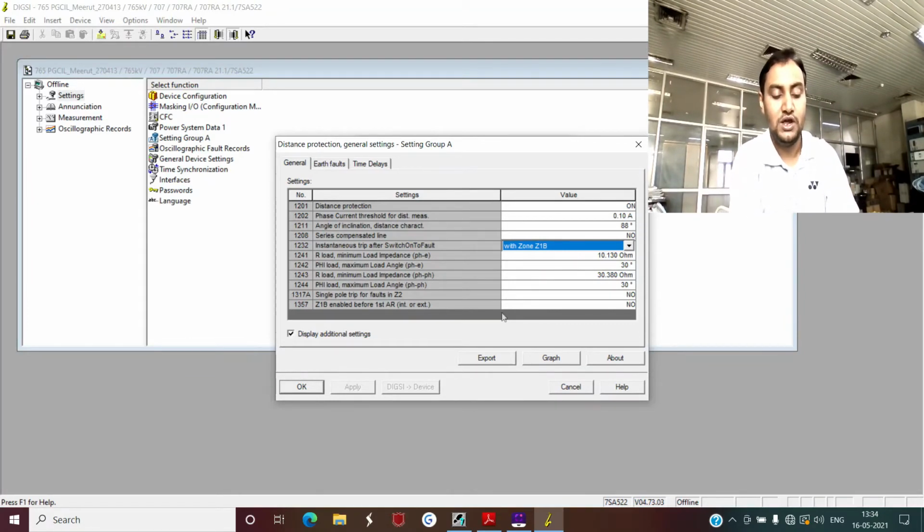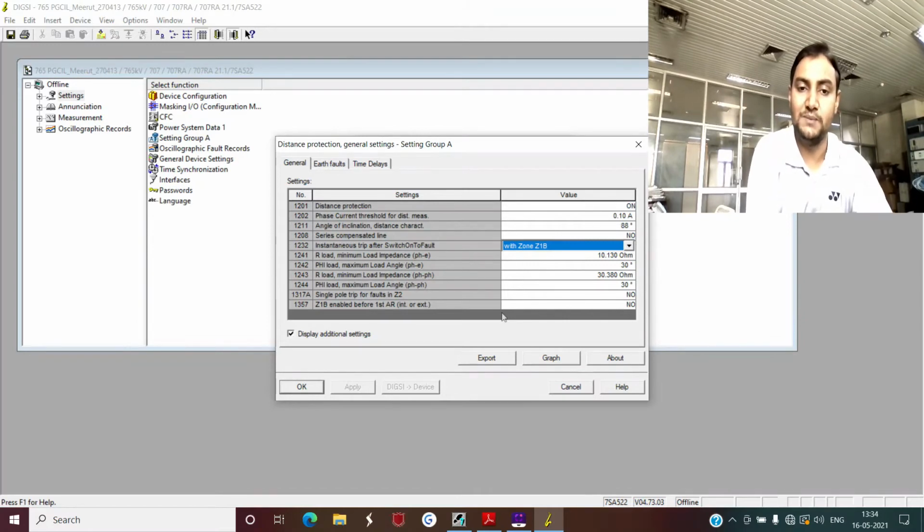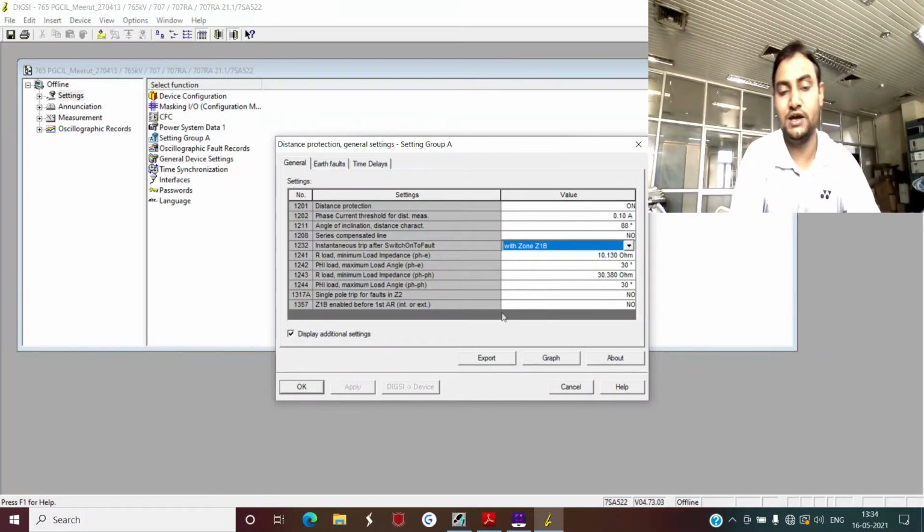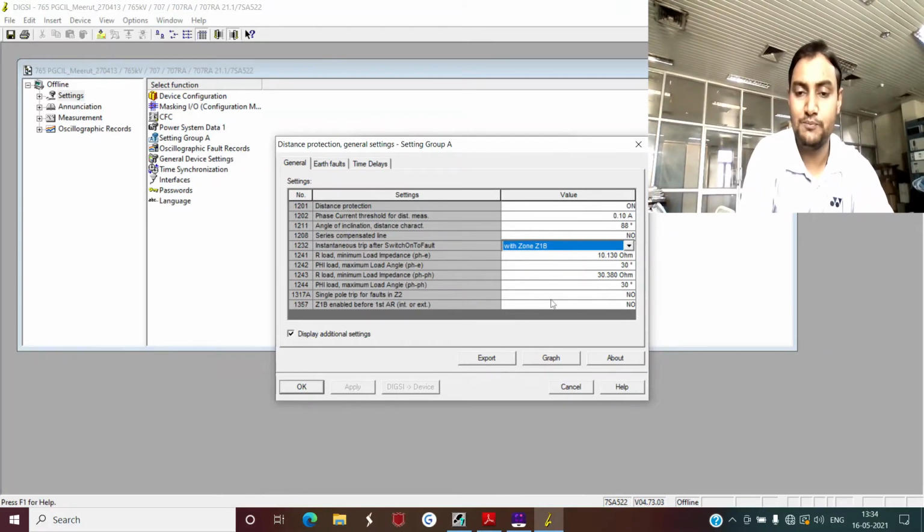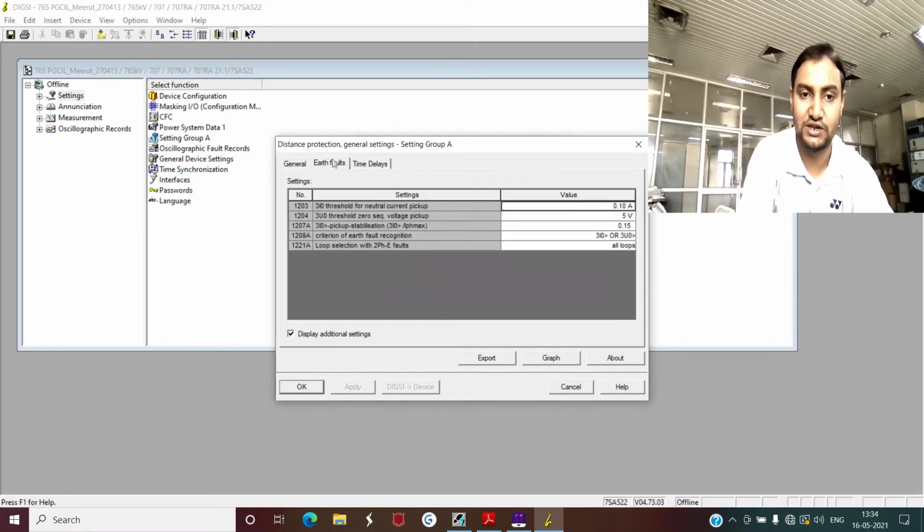Suppose you are having a problem in your carrier receiving circuit, and you know that when there is a fault in zone 2, you want your zone 1 to be extended from 80 to 100% for better coverage of the fault area for your complete transmission line. Anyway, that is important only when you are using the inbuilt auto reclosure function, not important for this particular case.